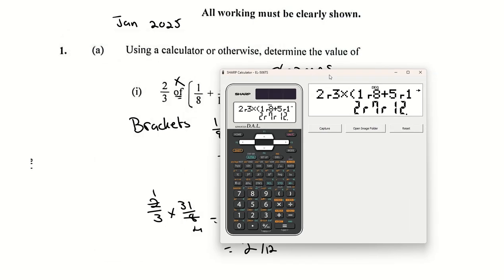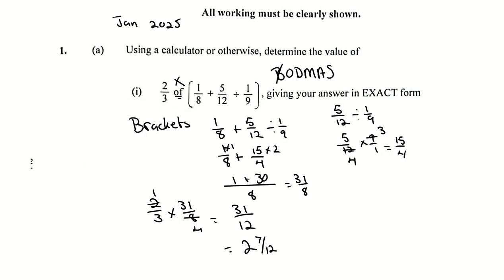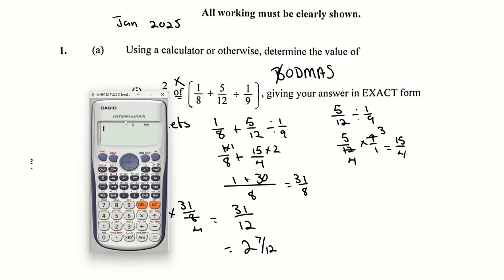There are exceptions, but 99% of the time, exactly how the question is found here is how you would write it in your calculator. Right, let's use the Casio. The Casio, we have this, so we have fractions 2, 3, let's delete that,